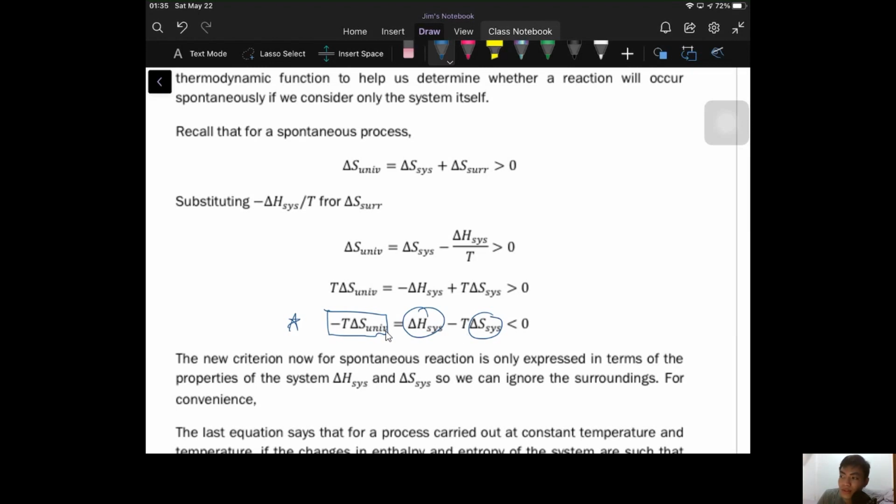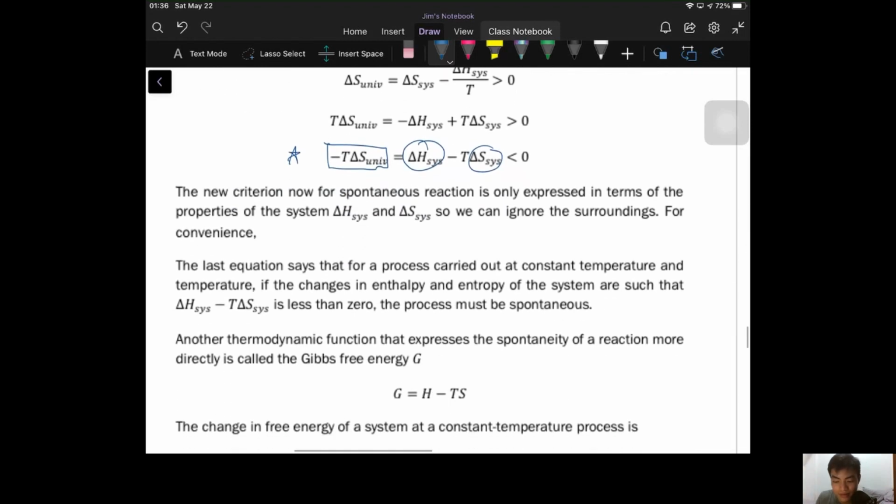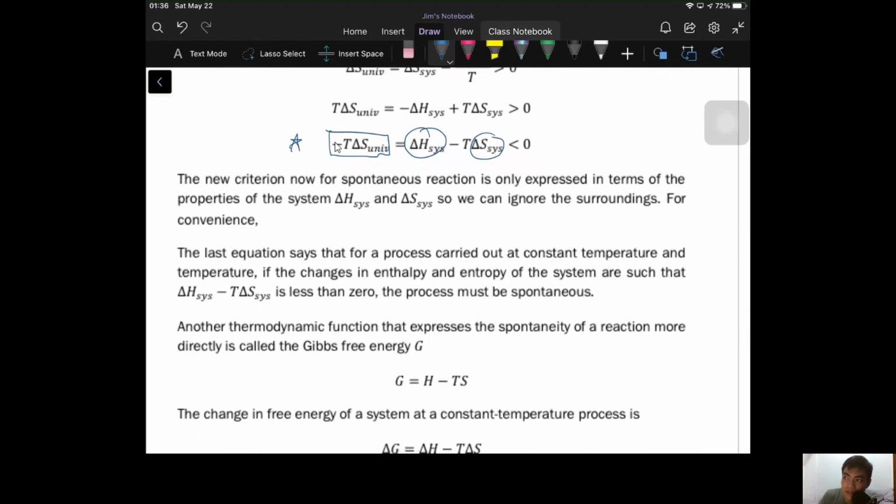Okay? So, in order to determine spontaneity, the difference of these two quantities should be less than 0. Okay? But what is this? What is this negative T delta S universe? What do we call that? Okay. Now, let's move on. We will name this term, because we need a name for it. Okay. But for the others, it's okay as is. Okay. So, in order to have a name for this term in the equation we just derived,